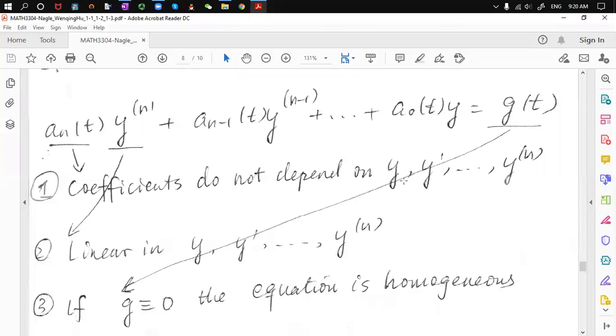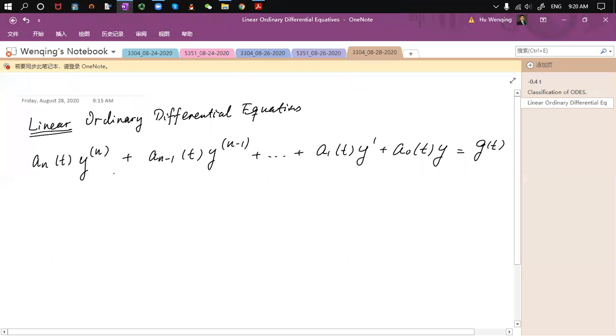Here it is very important for you to realize which one is the function and which one is the variable. For example, here y is the function and t is the variable. Therefore, the first thing is that the coefficients a0, a1, up to an of t do not depend